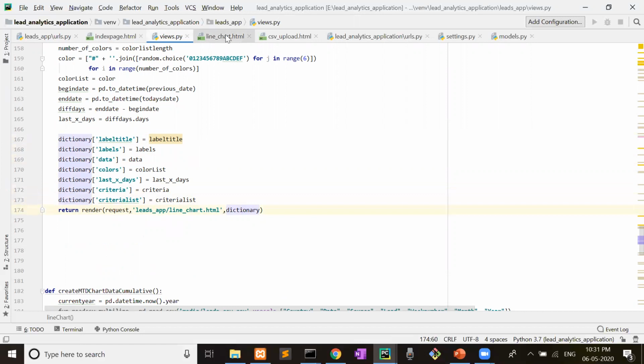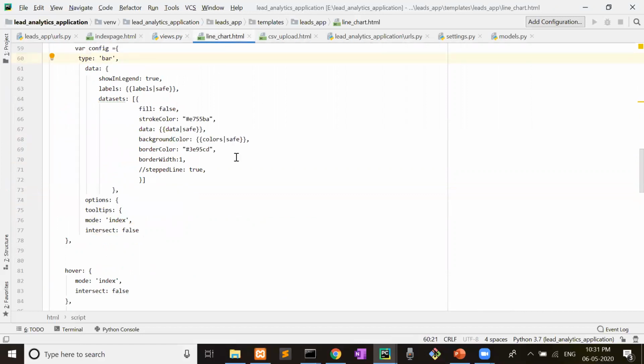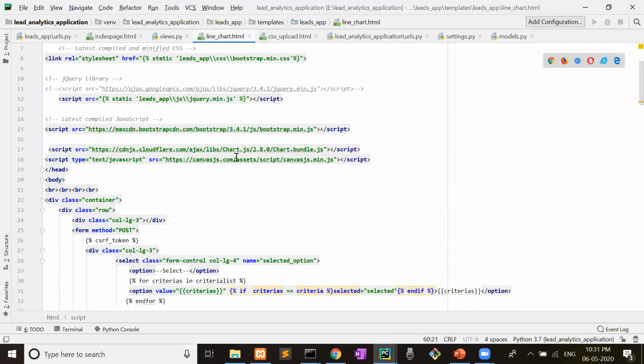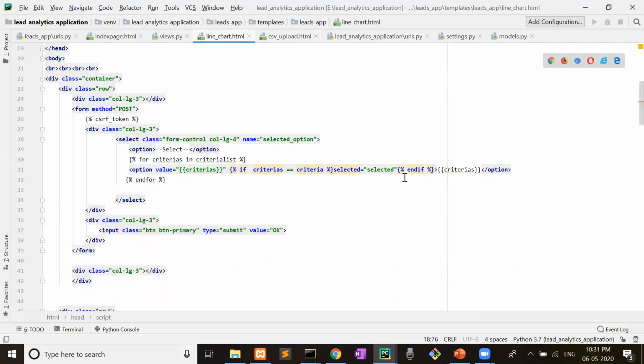Now let's come to the line chart HTML. Now see here, for using chart.js we need to add some chart and canvas libraries like this. This is the chart.js library, chart.bundle.js, and canvasjs.min.js. These two libraries you have to attach, right?